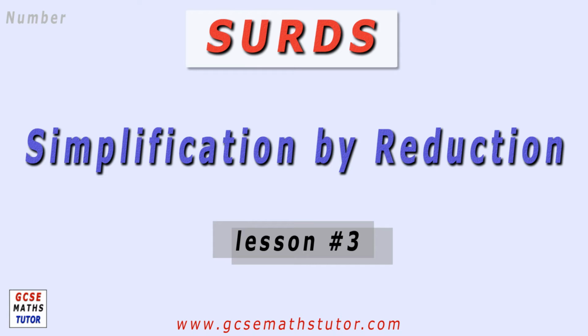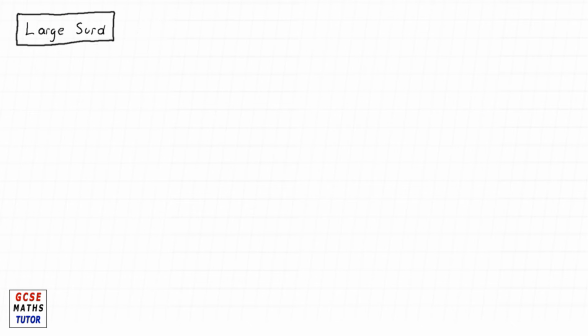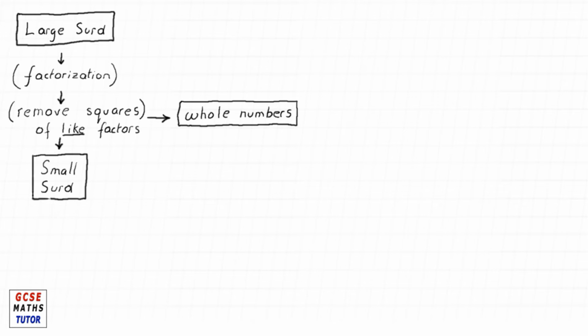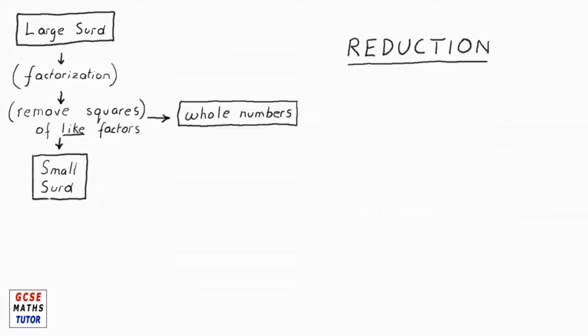In this tutorial we'll have a look at how surds can be simplified by first factorising them into their constituent factors. Surds can then be reduced to smaller numbers by taking out the squares of like factors. The method, sometimes called reduction, is primarily applied to square root surds, though you may get a cube root problem at a higher level. Now there is one thing to remember when using this method, and it is simply that